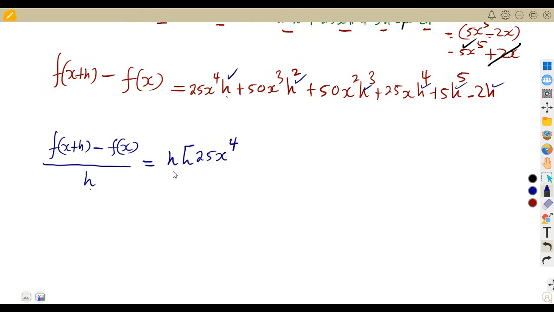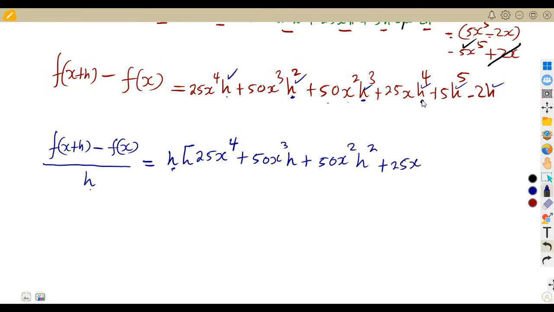All right, h divided by h, that's a 1. Then here we factor out h, so we're going to have 50x to the exponent of 3. We divide h squared divided by h, this is going to be h. All right, plus 50x to the exponent of 2. We divide h cubed divided by h, so it's going to be h squared plus